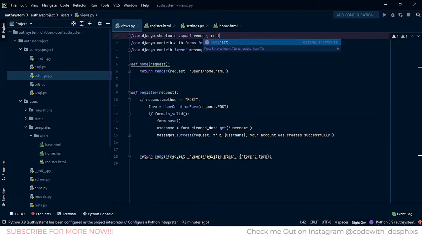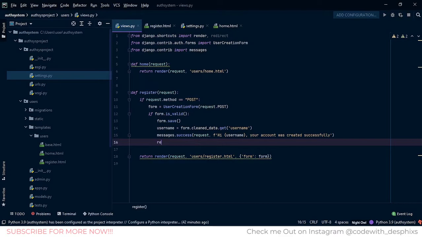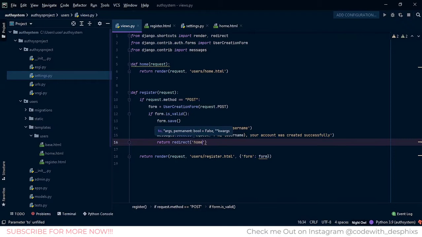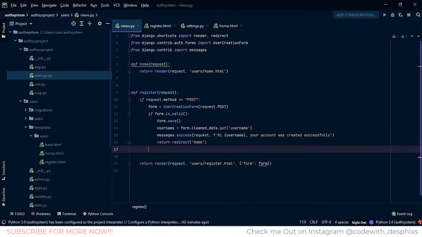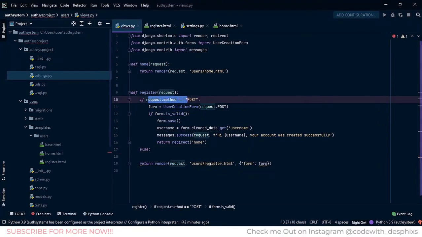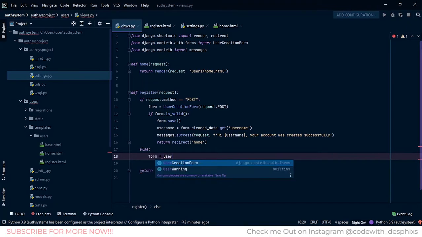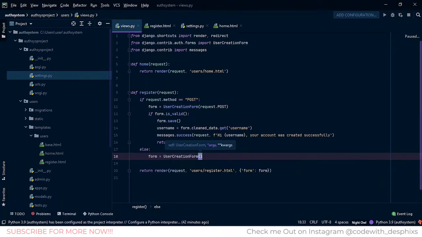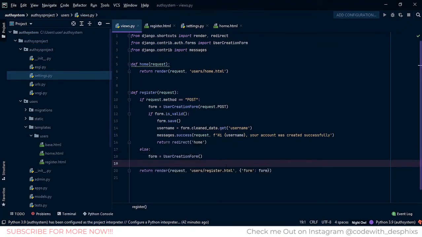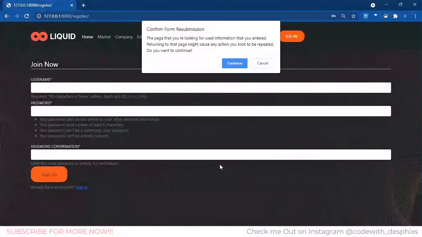Redirect, before we come over here and say return redirect, and we want to redirect to home. As easy as that. Then if all this didn't actually work out to be good, let's say the form wasn't valid and the request.method wasn't POST, then what do we want to do? So we're using an else statement for that. We want to pass in form is equal to UserCreationForm again, and just pass in return the render. So I think that's actually all we need to do now, and come over here, refresh,